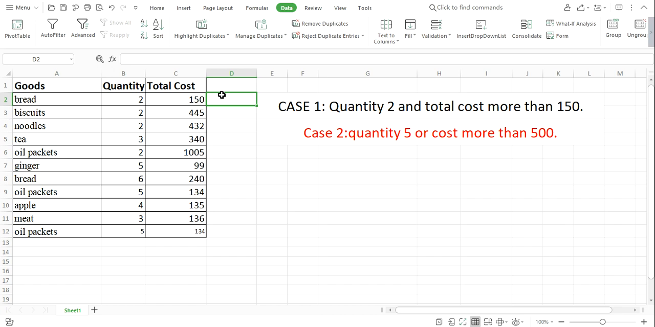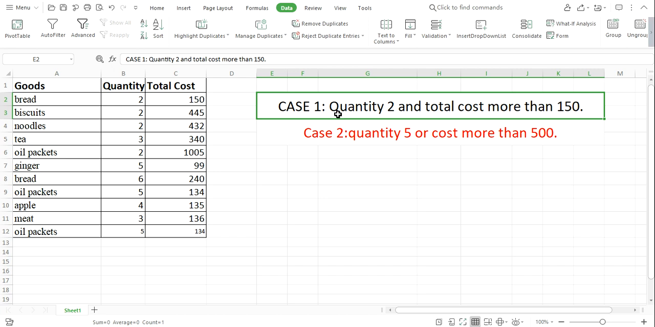Okay, first of all, let me take the AND function, and here the case 1. Let me just read case 1. We have to print the name of the goods. Here in column A, goods, column B for the quantity, and column C for the total cost. And in case 1, we want to print the name of the goods in this column D that fulfills these two conditions simultaneously. Here the conditions are: quantity should be exactly 2 and the total cost should be more than 150. If we fulfill these two conditions at the same time, then we will print the name of the goods in this column